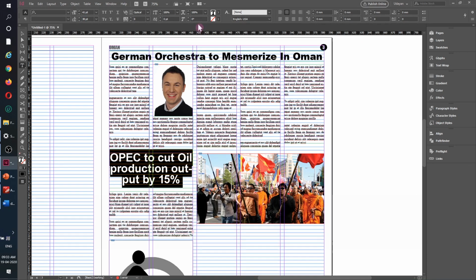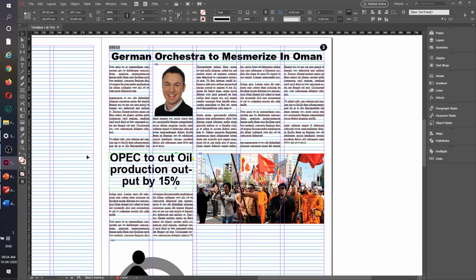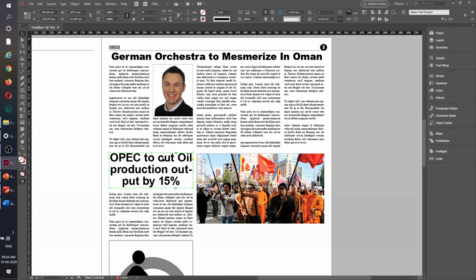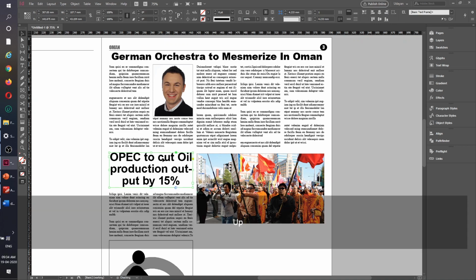Okay, so that it looks that much more clear, but never bring the number less than the font size itself. Otherwise it will look really bad. And this is the best I think I can do for this headline over here. I'll always press my W so that I can see what I am doing. Okay, I can now push this guy a little bit up because the story on the top is clean enough.